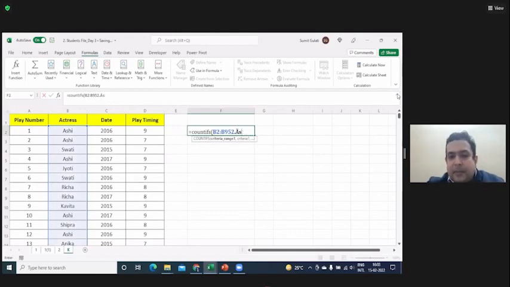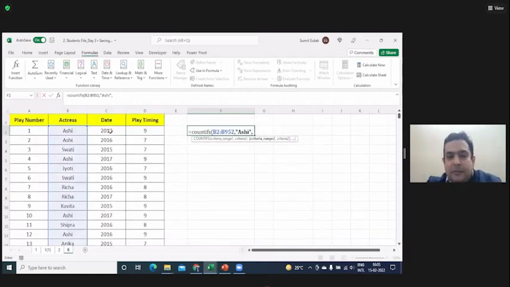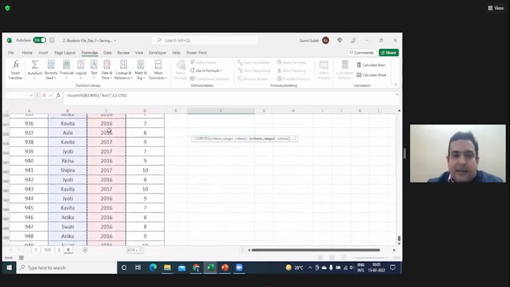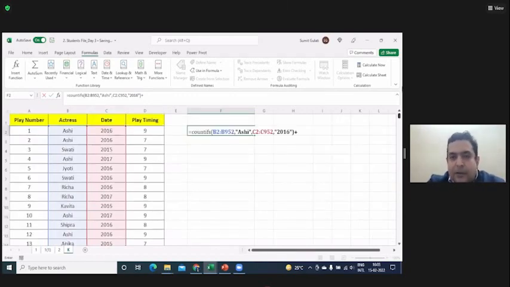Yes, we use that shortcut, right? Yes, sir. Shift Control Down. Control Down is fine for going down, but for coming up within the formula, what did you do? Use the side scroll bar to come up. If you have to select the next range, you have to use the side scroll bar to come up, right? Yes, sir. And then select it again, then say 2016. Then again repeat the same step, plus sign. Then again come up and scroll up because new criteria will have to come in now. Swati and 16, right? So instead of this, what could I have done?